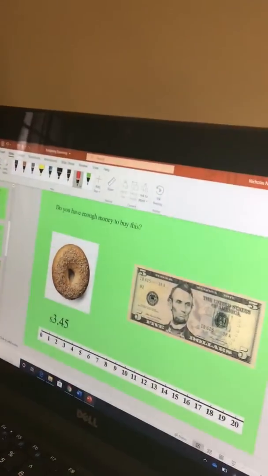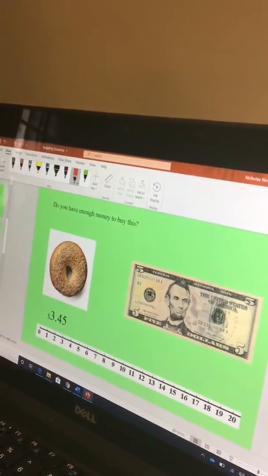Okay. Now, we are going to go. Oh, look at this, Miss Wilson. Now, when we want to buy different items, items all have prices. So we always want to read the price tag first. So Miss Wilson, here's the bagel. How much does the bagel cost? It costs